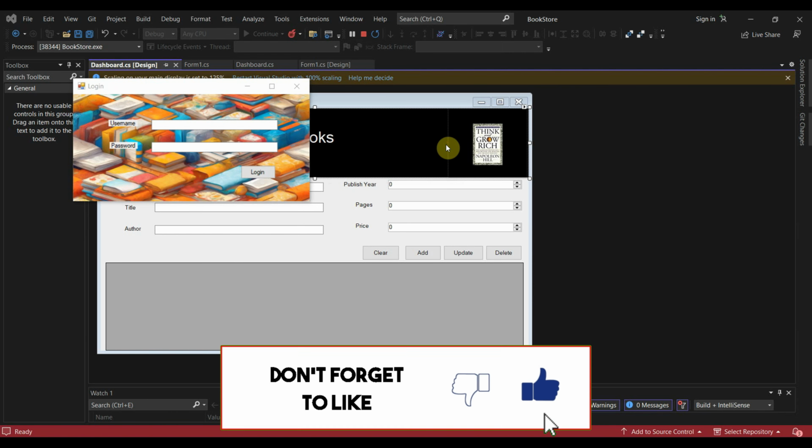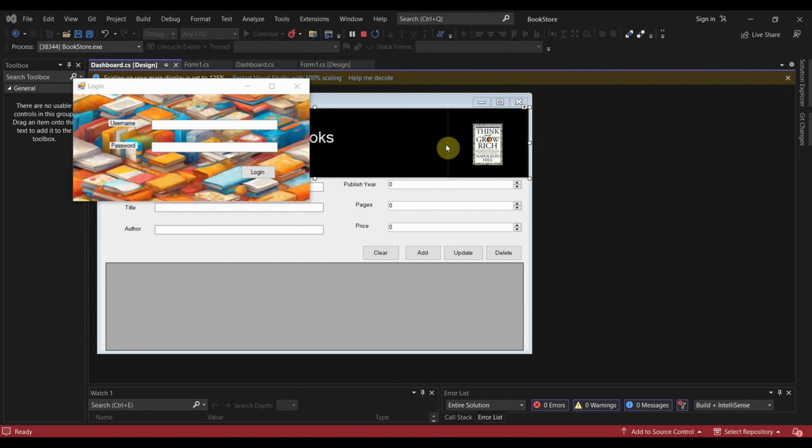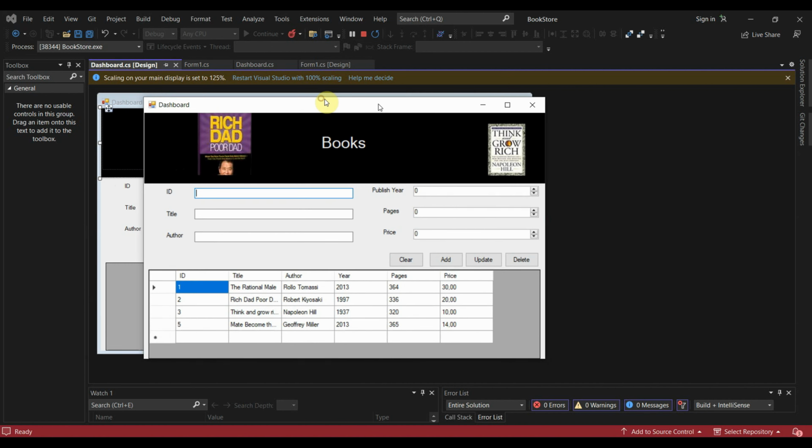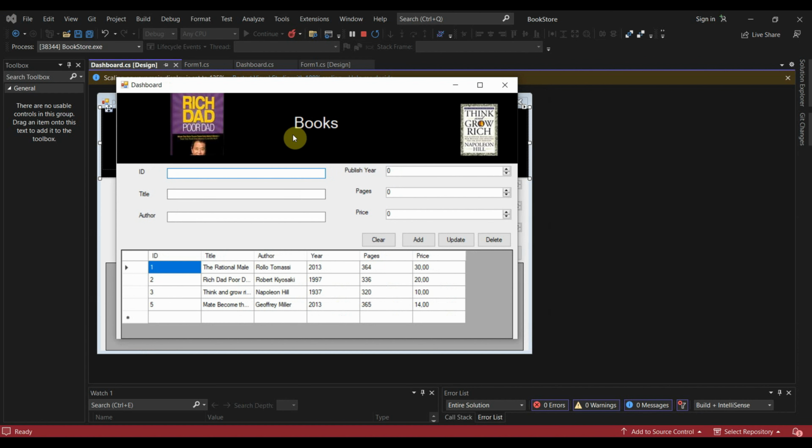Today we are going to create a simple bookstore application with C# WinForms using a database. Here is how our application looks. Just a login form. Let's log in. As you can see, this is our dashboard